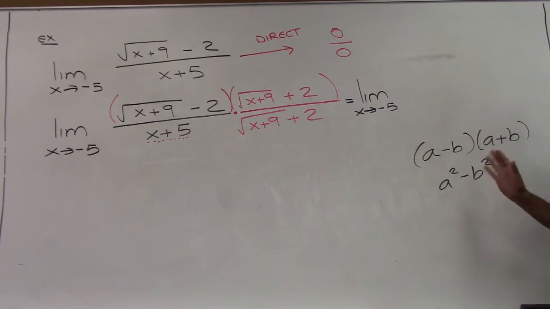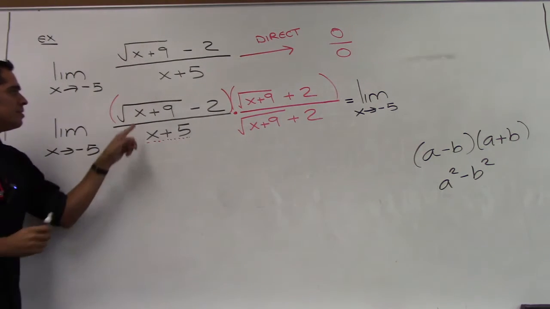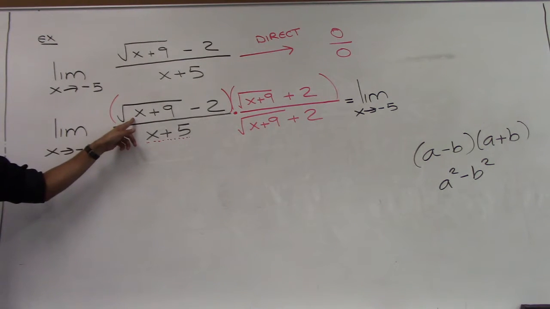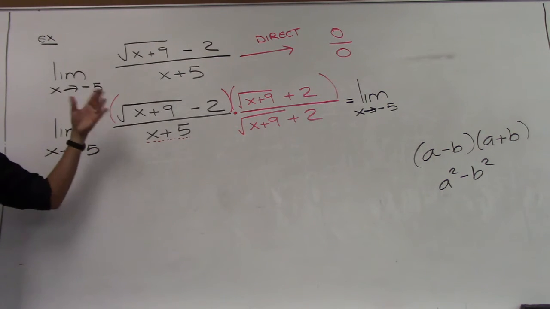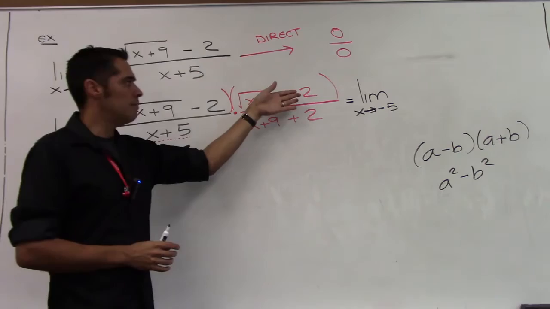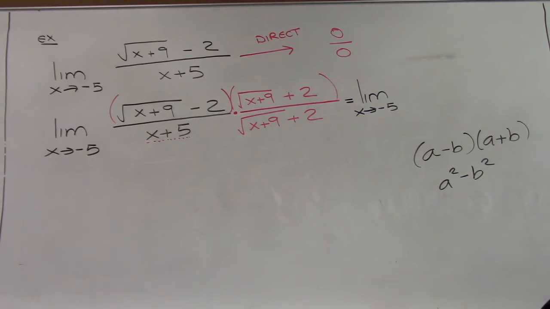So what will happen is basically your a is going to get squared and your b is going to get squared. And isn't squaring that going to be nice? Yes, it'll get rid of the root. So indirectly we squared it, but we had to do it properly by introducing a conjugate. Okay, so